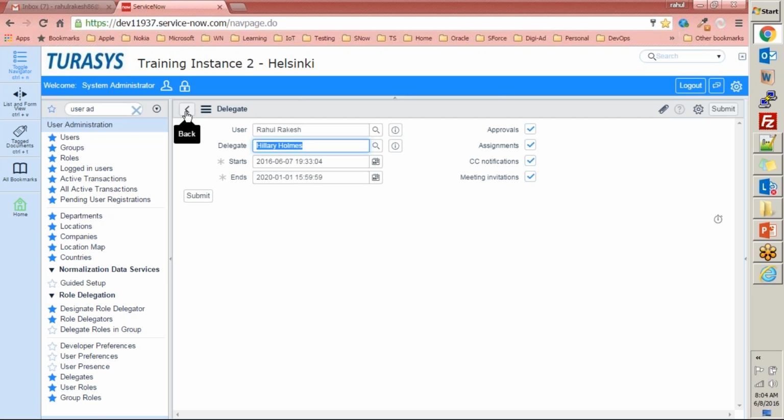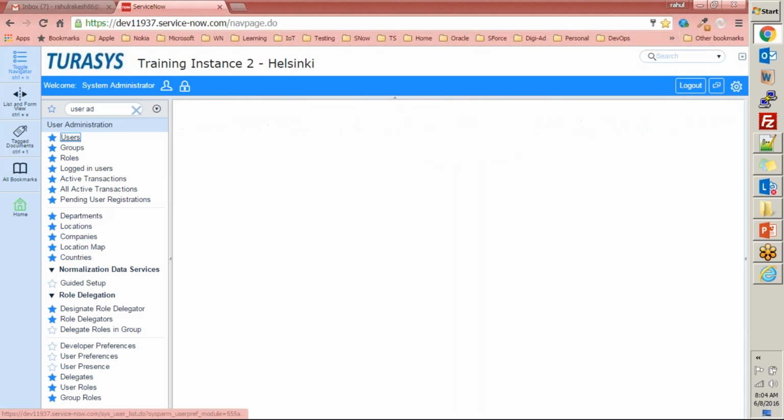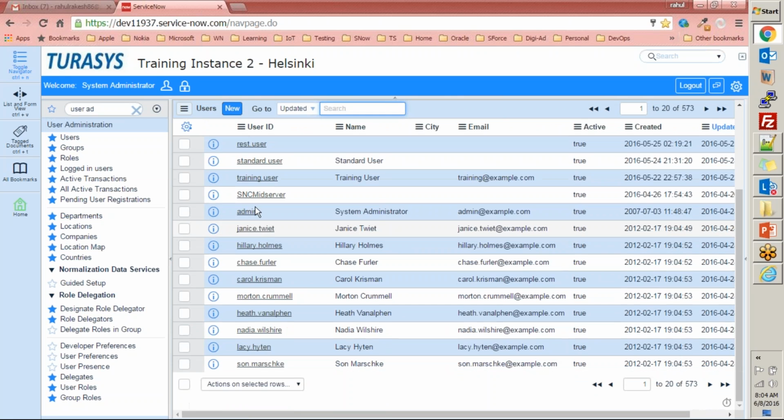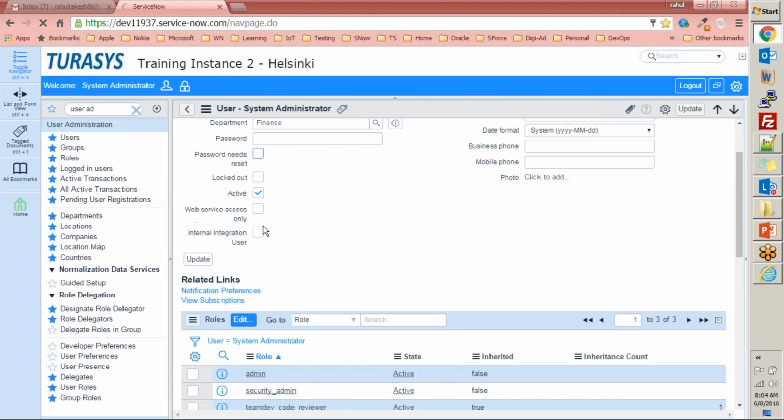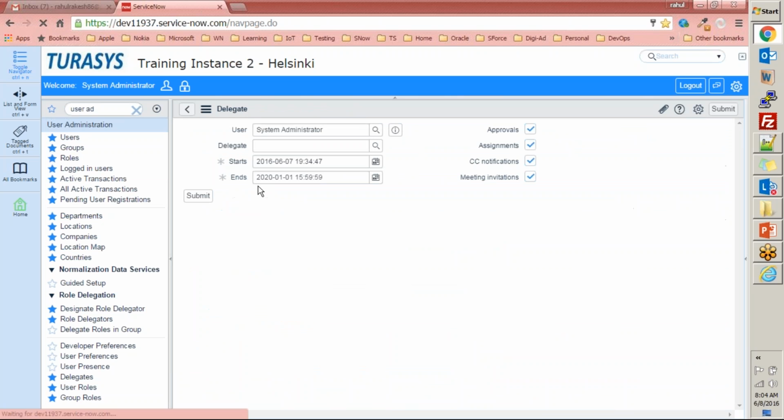So that's why you create delegates. When you are not available for work, you can cascade your responsibility to somebody else, and that comes into the delegation section, right? So you can identify your delegates from here as well in the related list, where you can go ahead and create a new delegate for yourself. Make sense?